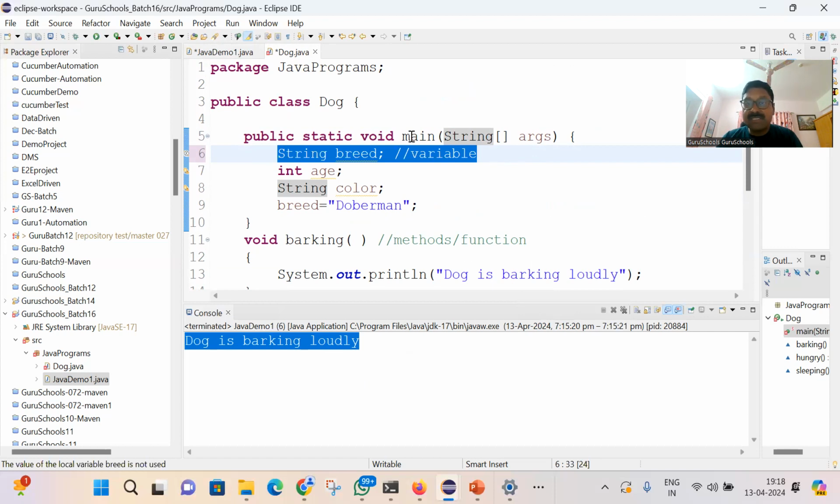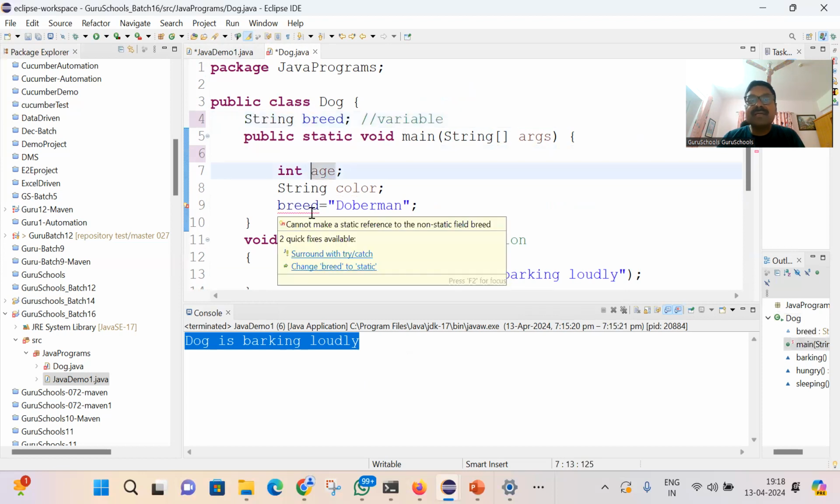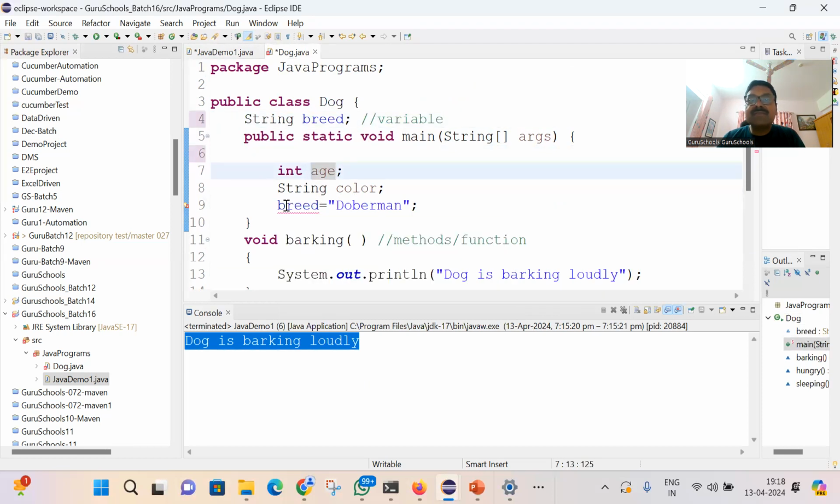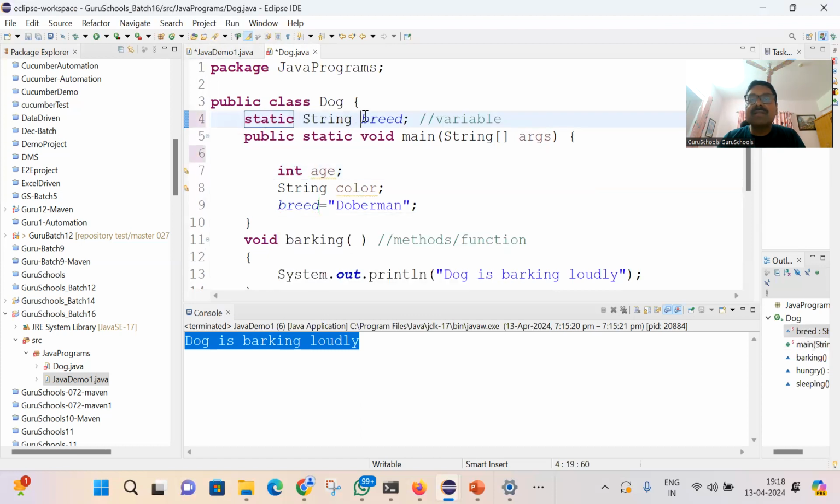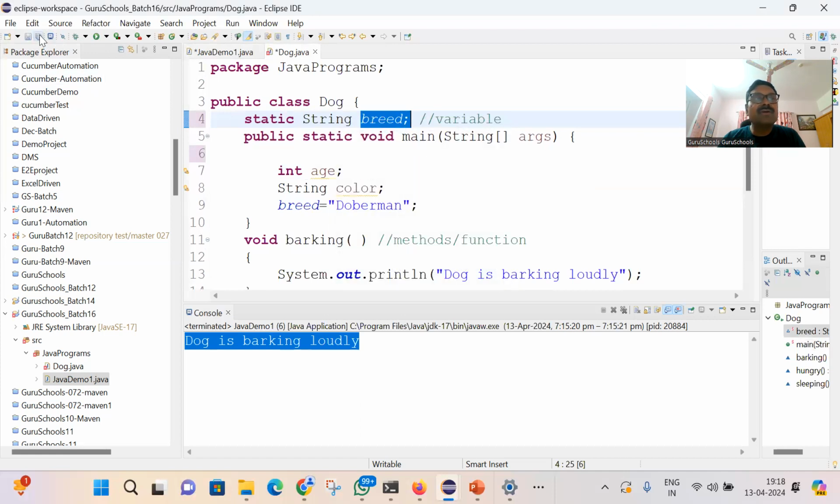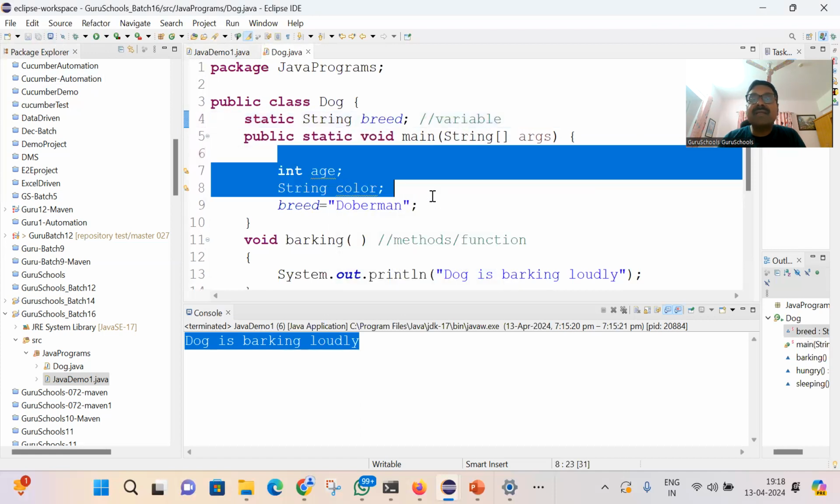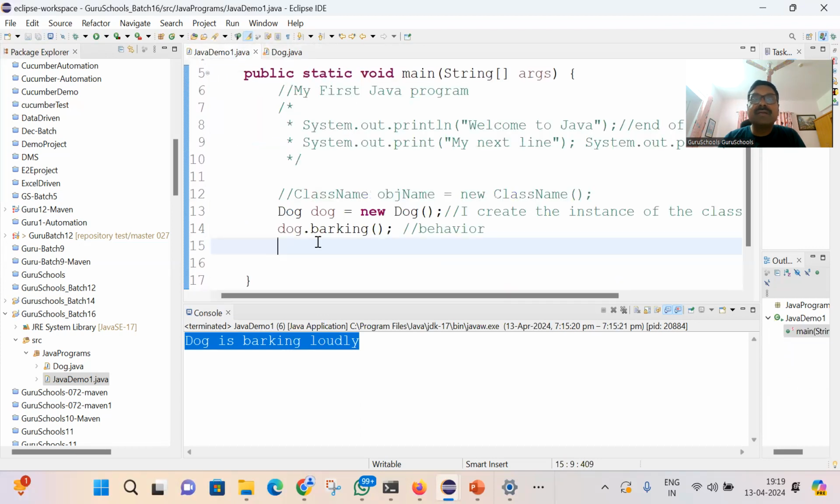Since it is inside the main method, I will cut this variable and make it global, at the class level. And since I'm using breed inside the static method, I have to make it static. Now this breed variable is an instance variable at the class level, not at the method level, so I have made it static string breed outside of the main method, and then I'll go here and type dog dot